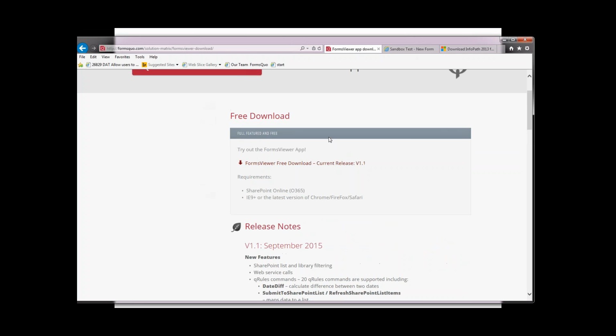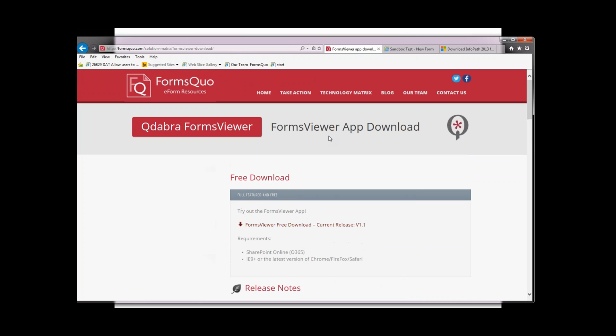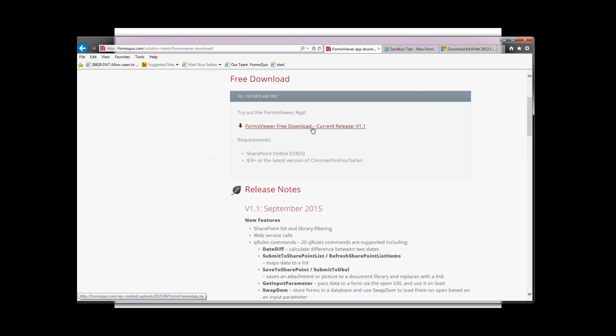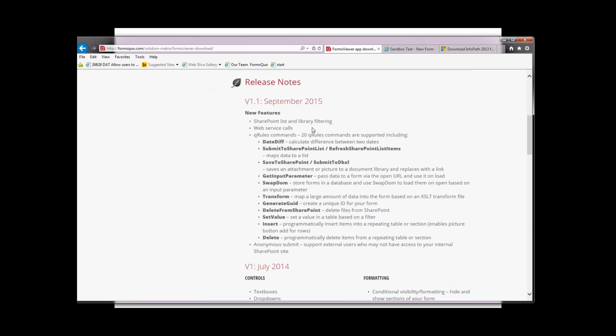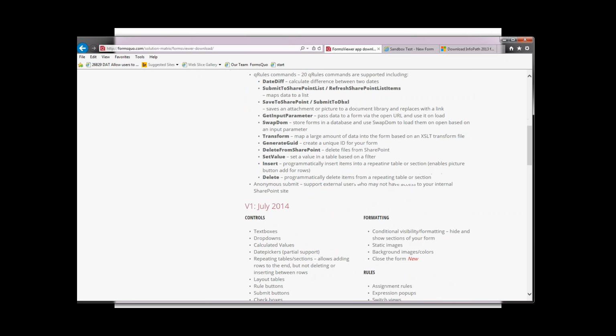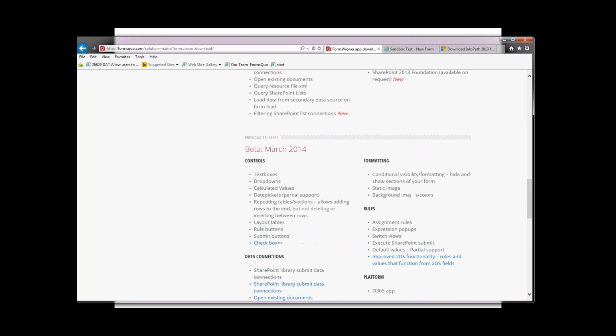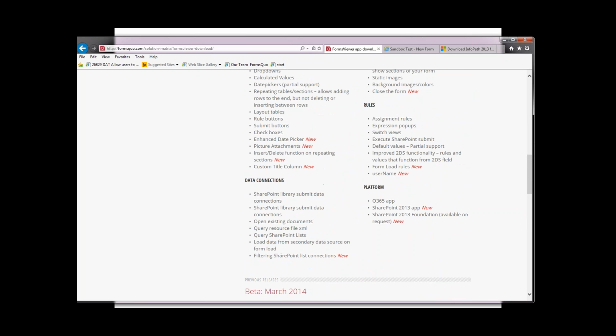So here are the commands in what we're calling InfoPath vNext. You can go to our website here, download this free app, and we have extensions. We have videos here as well, so you can scroll down to the videos. We've done webinars in the past on this. You can see the release history, but